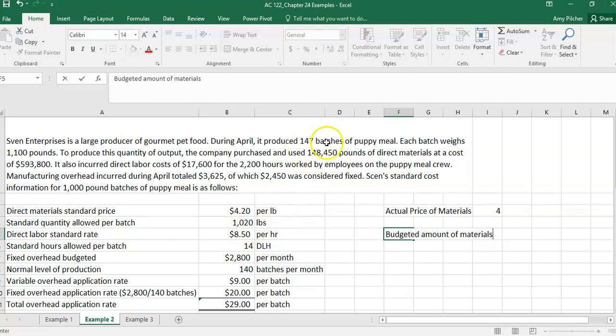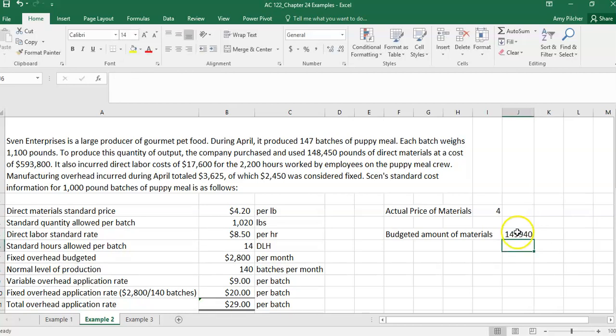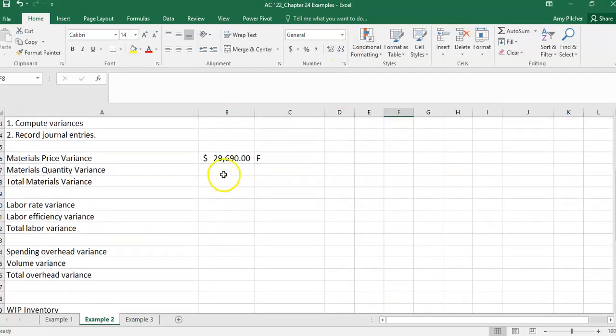We produced 147 batches. So 147 batches times our standard quantity of 1,020 pounds per batch says that we should have used